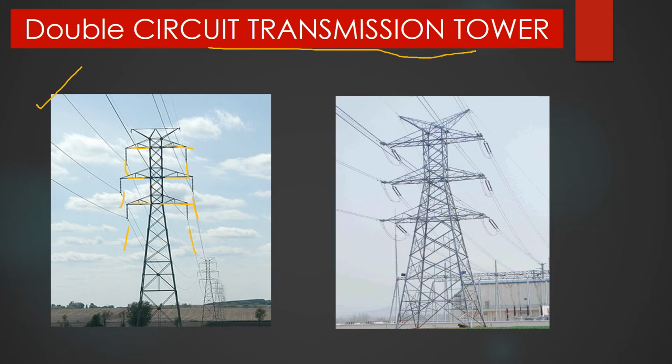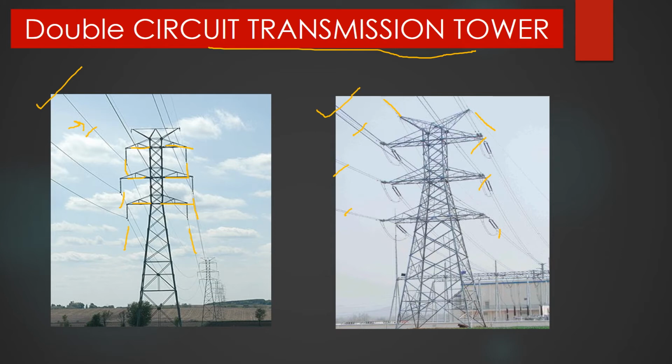tower. Similarly, if we look at the second figure, the only difference is that here the single wire was representing a single phase, a complete phase, but here the multiple wires, or you can say double parallel lines, are making a phase. This is phase A, phase B or phase C, you can say. Similarly, this is phase A, phase B and phase C. Also, the earth wire you can see in the figure, these are the 2 earth wires.